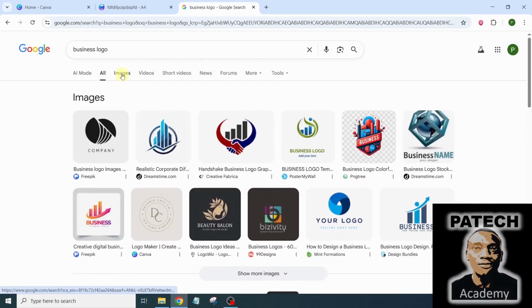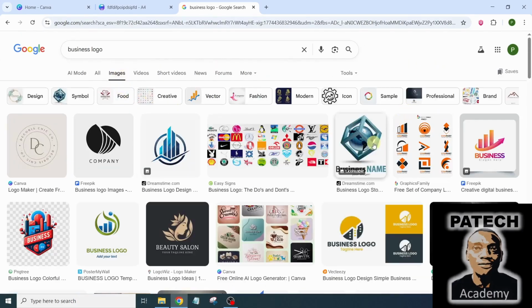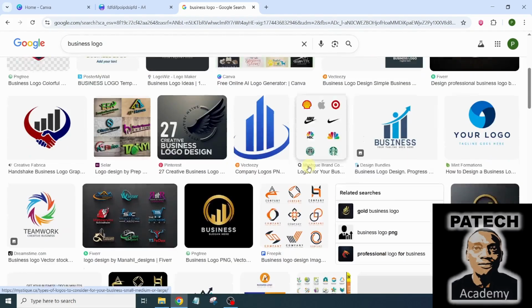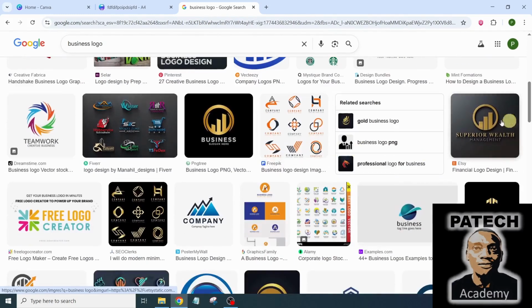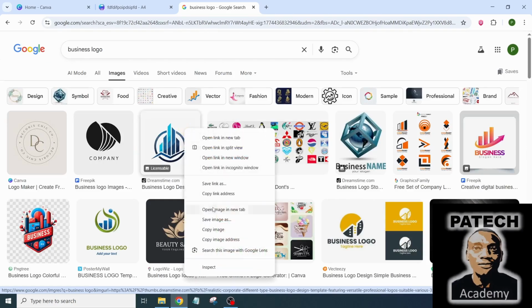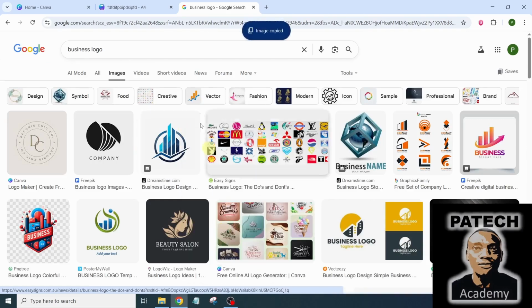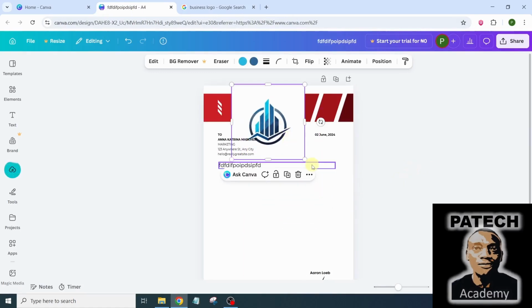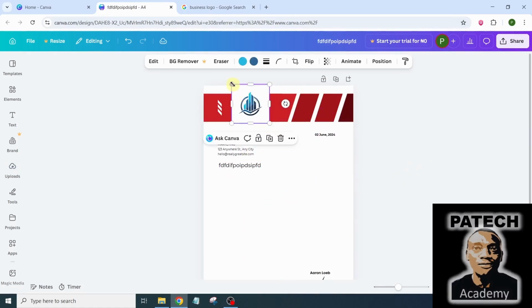You can switch this to images so that you see only images. Okay, now assuming that the logo you want has a background, let's assume you want this. If you right click this and copy and bring it to Canva by pressing paste,